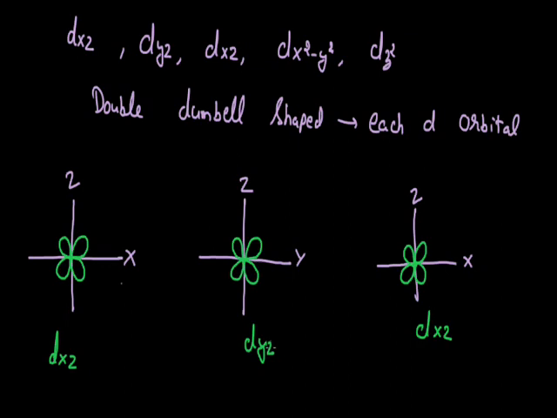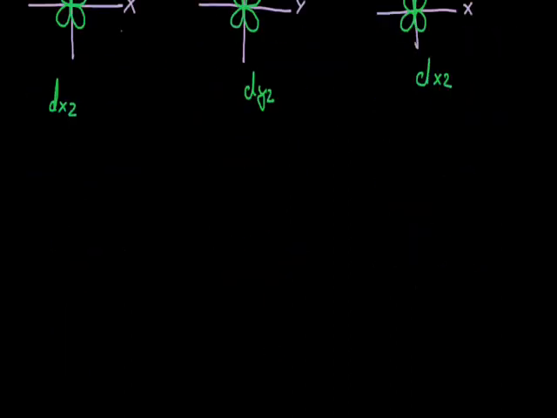Now let's move to the next orbital, that is dx square dash y square. This is different from the initial 3 in the manner that in the previous 3 d orbitals, the lobes were arranged between the axes. In this dx square dash y square orbital, the lobes are arranged on the axes, and the arrangement is like this. That's the first lobe, second lobe. These two lobes are on the x-axis, and the other two lobes are on the y-axis. So when these lobes are arranged on the x and y axes, this orbital is termed as the dx square dash y square orbital.